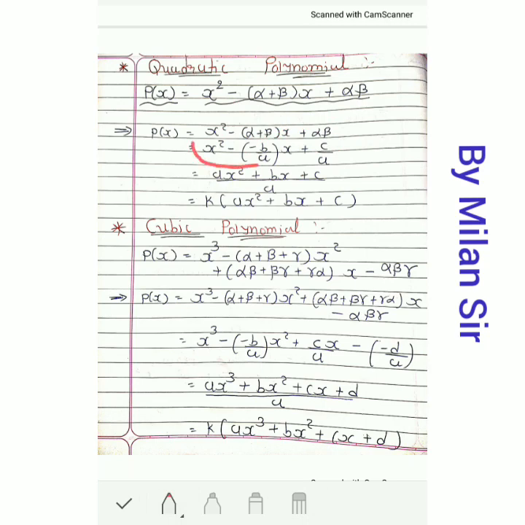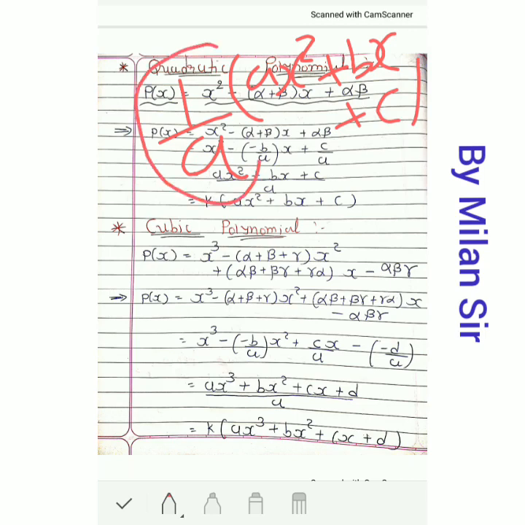So this is multiplied with the x square, that's why it becomes ax square minus minus plus b into x. A is already in the denominator, then plus c. Okay, so just take the LCM, ax square plus bx plus c by a. Now in the denominator a is there, a is a constant value, so I can write like this, ax square plus bx plus c, means